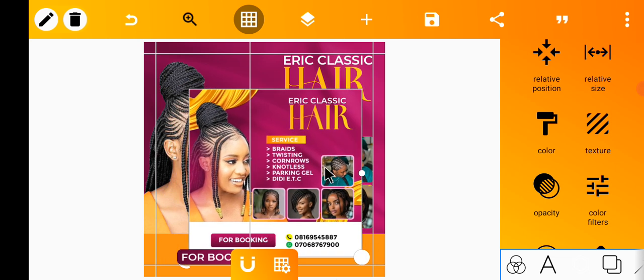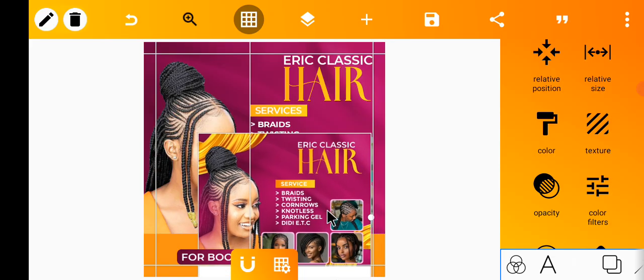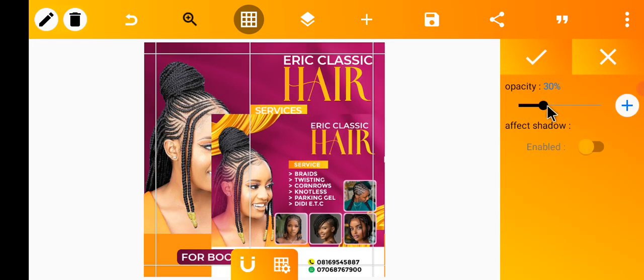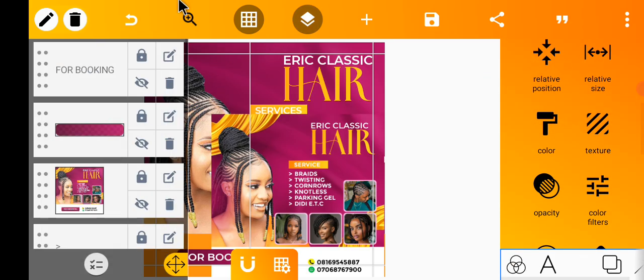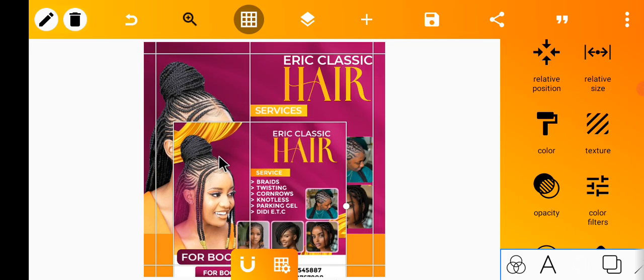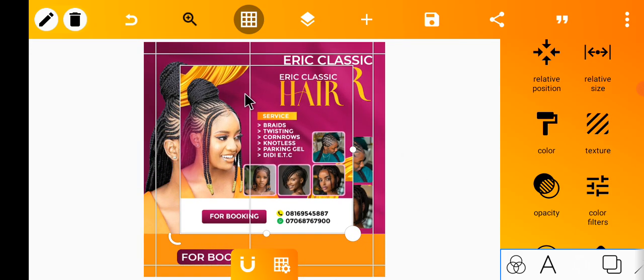Yeah, I think we are good to go. So let me reduce the opacity again to maybe some value, 26%. Yeah, I'll just go to my layer. I'll close the texture. This is the texture. I'll just lock it like that. After doing that,